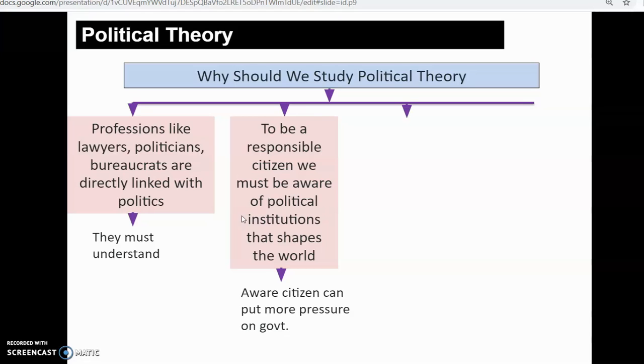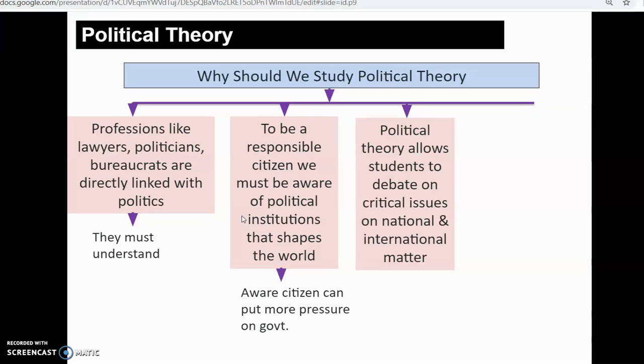Moreover, if you are an aware citizen, you can start enjoying the debates and discussions that happen on national, international, and regional issues. Because when these debates and discussions take place, you are the person who knows the circumstances in a more exact manner, right? So when you know the facts more deeply, you are the one who starts enjoying the debate. You are the one who has points on both the pros and cons of that issue, right?